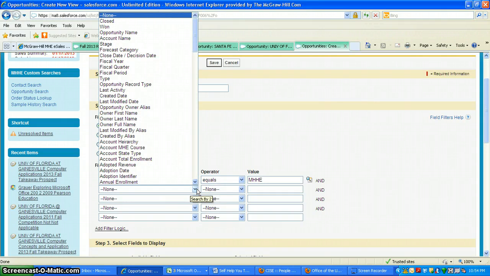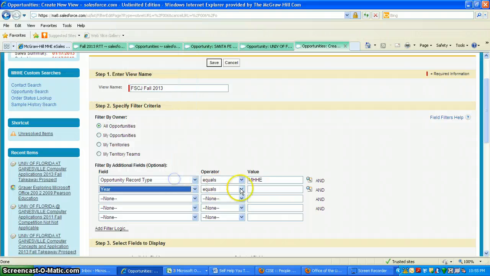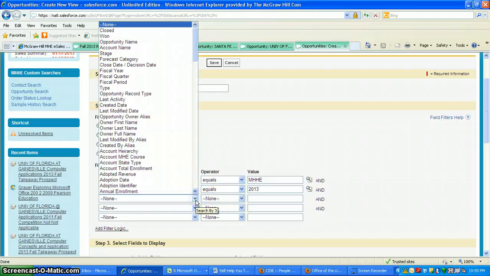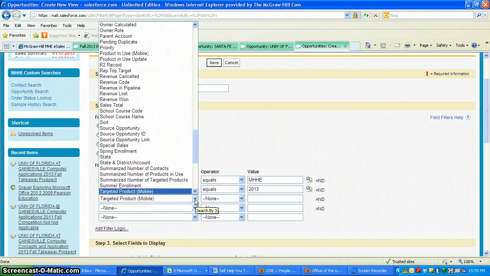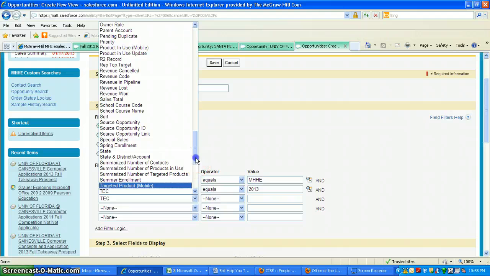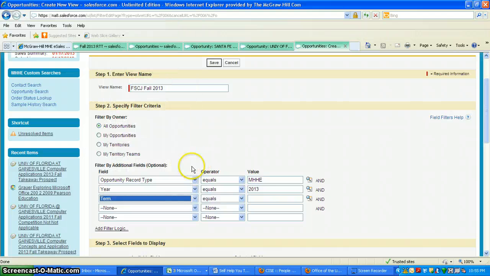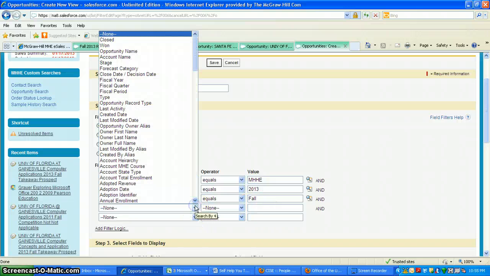And we want the year equals 2013. We want the term to be fall. And then account name,